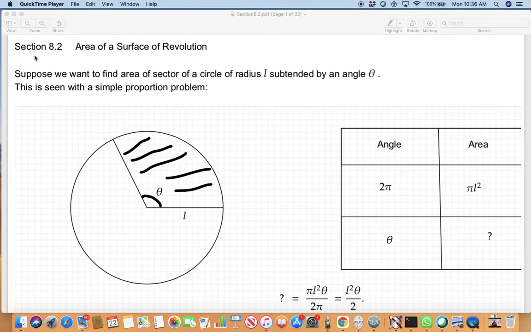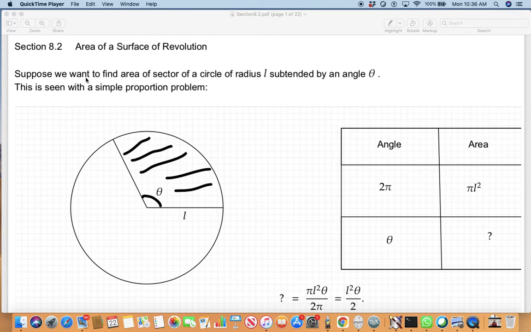Welcome back. Section 8.2. Area of a surface of revolution. In this section, we are going to find the surface area of a surface which is obtained by rotating a curve around an axis. Before we go to the entire area of a surface of revolution, let's recall a few